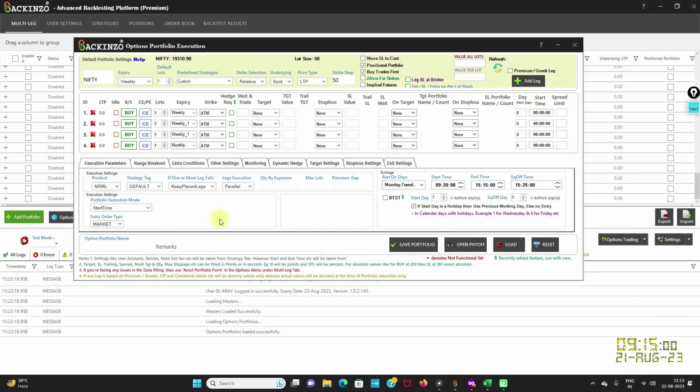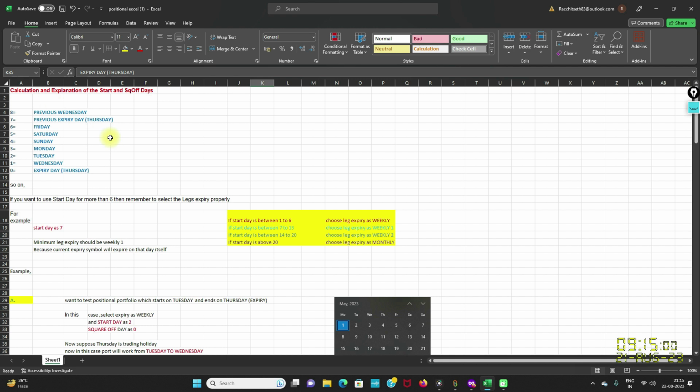As I just said, the creation of a positional portfolio will remain the same as a normal intraday portfolio, except for its capability to hold the position for multiple days. So all other settings will remain the same. Here I'll be highlighting only those settings which are specific to positional portfolios. I'll just take you to the Excel sheet so that I can explain in a better and